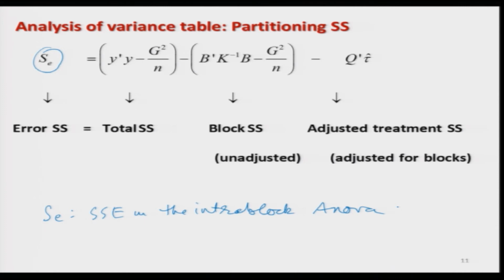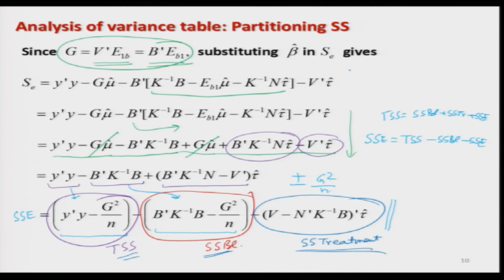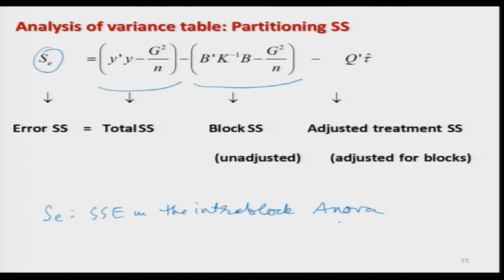So, now you have partitioned it into total sum of squares like this, block sum of squares like this, and you can see what is this quantity V minus n transpose K inverse B. This is simply your Q. So, the last term is coming out to be Q transpose tau hat, which has to be the treatment sum of square. So, now you are calling the first quantity the total sum of squares, then minus block sum of squares, minus treatment sum of squares. But now you can see this treatment sum of squares